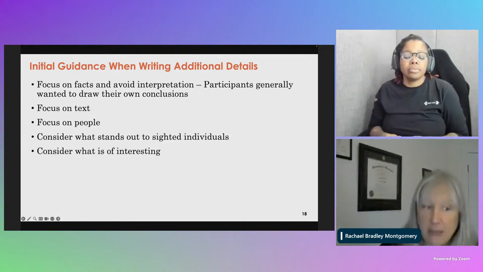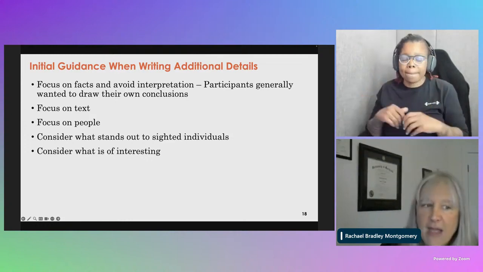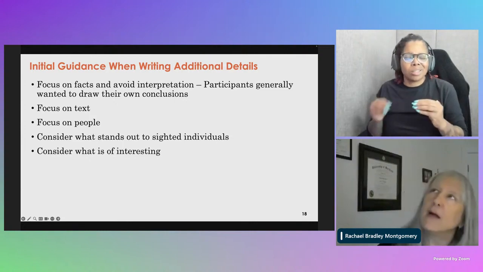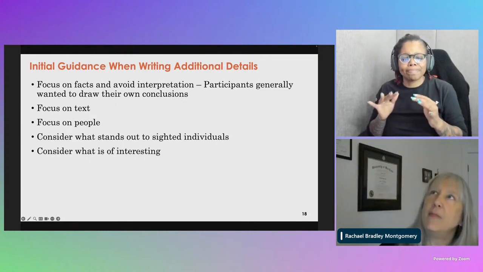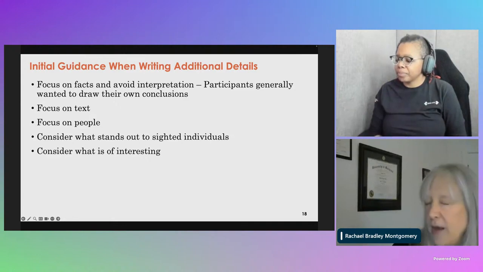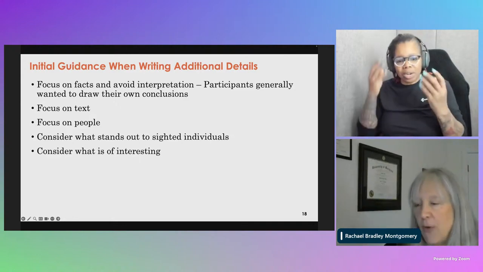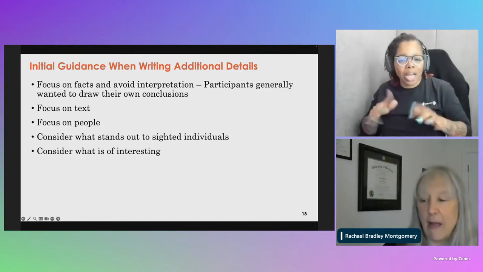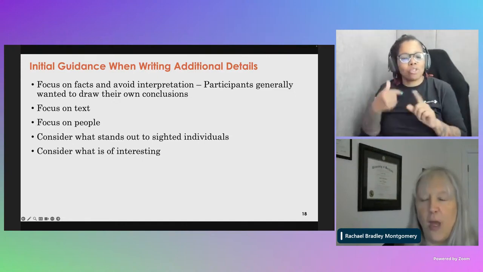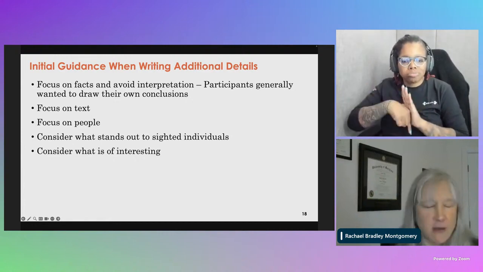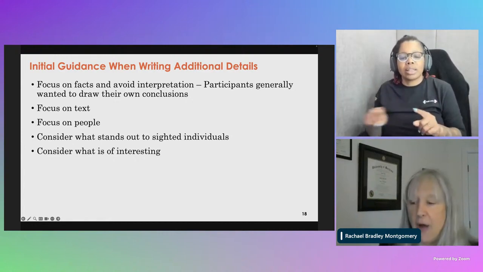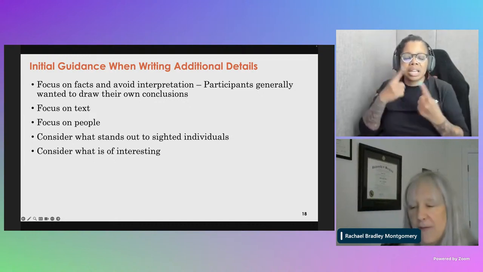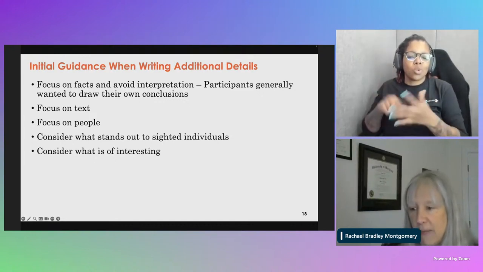Focus on people. The fact that participants wanted information about people more than they wanted information about buildings, about locations, about context outside of the individual. So we got deeper and deeper into those details when they were information about an individual. And so again, just thinking about prioritizing what you pull out of images, that seems to be an area to